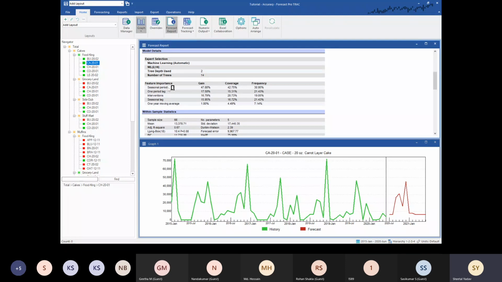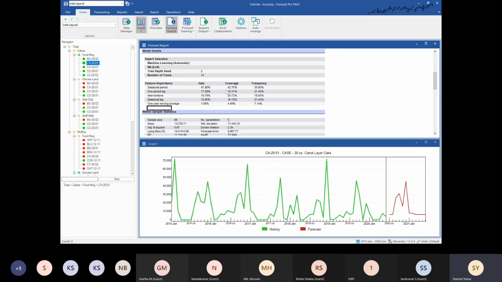So my month is one of the factors, and in this screen we can see that typically we see an increase in sales in a repetitive fashion. Typically, around January and December is when we see our sales going up. So there is definitely a seasonal trend. Then one period lag is again a very important factor. The interventions could be the spikes or the change in level that we see from year to year, the seasonal lag, and the 1 year moving average. So all of these factors contribute to my overall forecast accuracy.